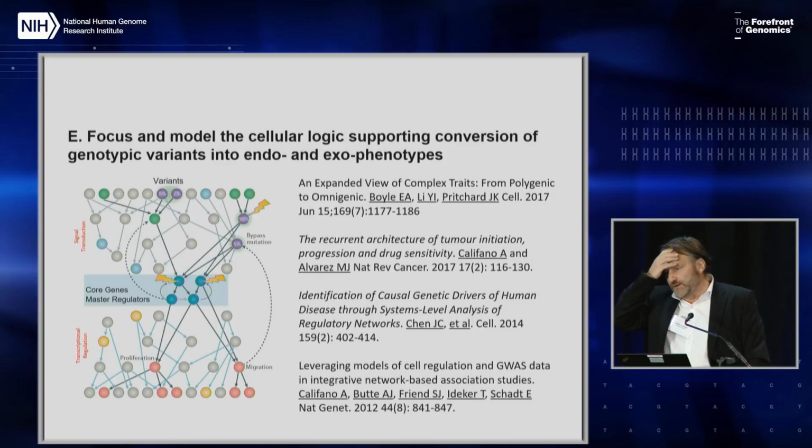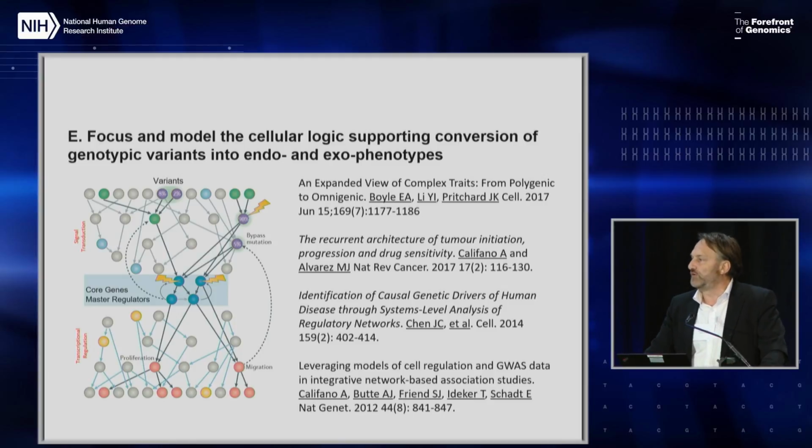I made the point of this combinatorial complexity of genetics, where even having 1,000 variants contributing to a trait may lead to more than the number of atoms in the universe in terms of patterns that may yield different penetrance. And the question here is actually, do we have to understand each one of those independently, or are there integrative mechanisms within the cells that allow us to simplify and universalize this knowledge?